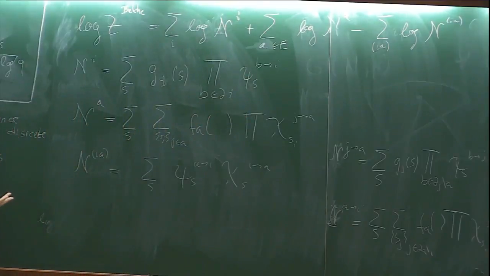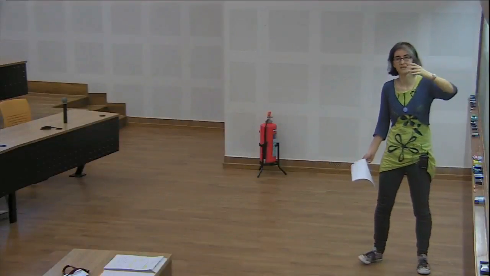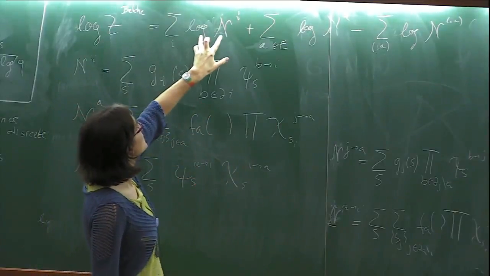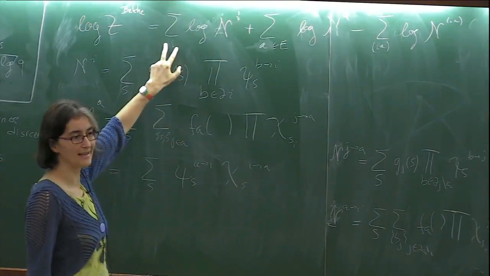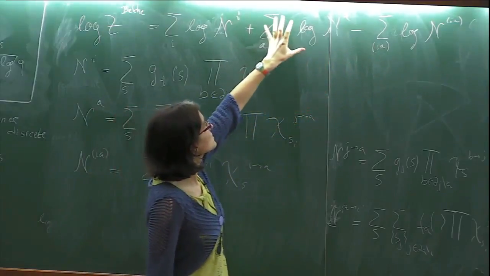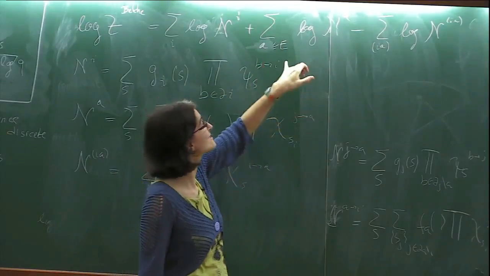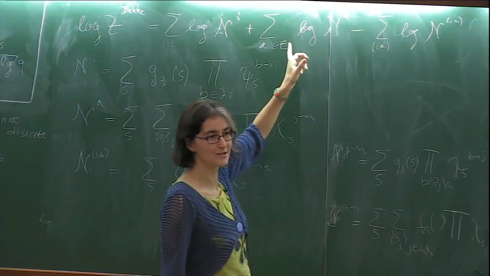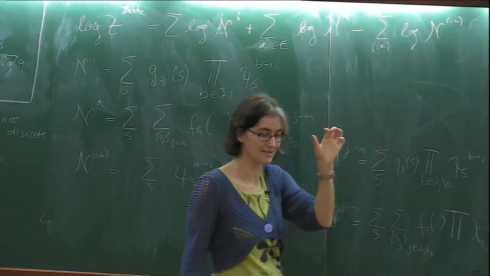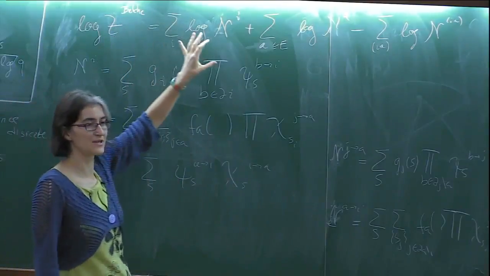So why should it be that? When you think back about the tree, these things come in because you build this tree iteratively. What this means is that here you are adding contributions of the free energy when you add the node i and its neighboring half edges. This is the contribution when you add the hyperedge a and its neighboring half edges. And you overcounted the half edges because each of them was counted twice, so you subtract it. That would be the contribution of this half edge, this edge between a and i. So that's the intuitive reason why this expression has this form.